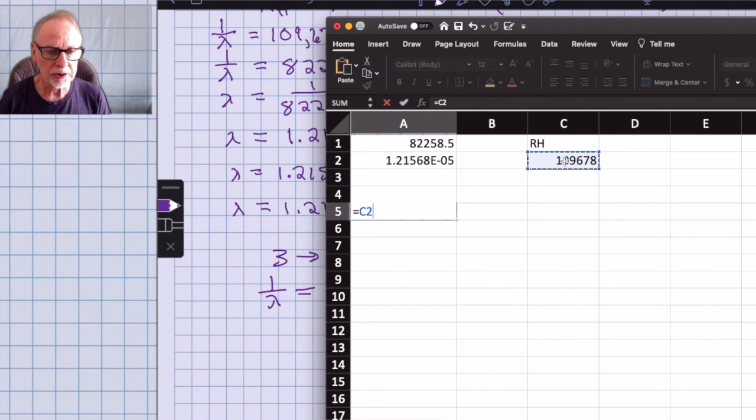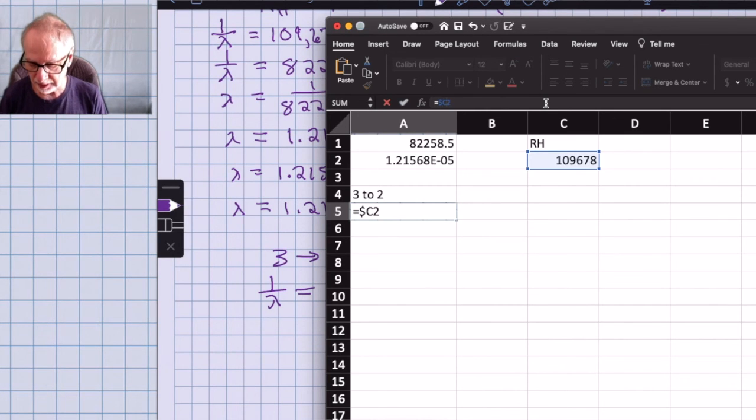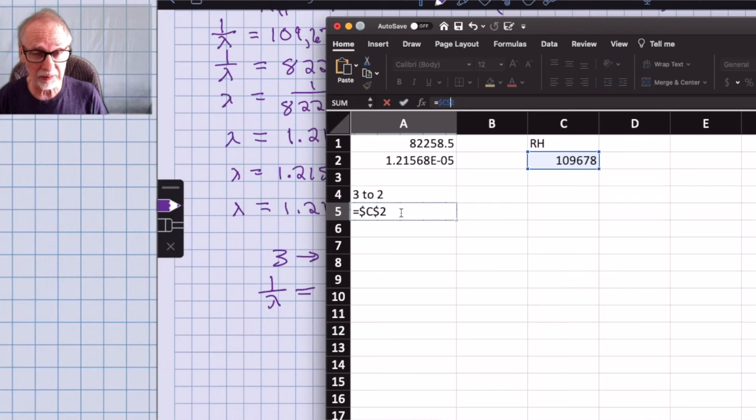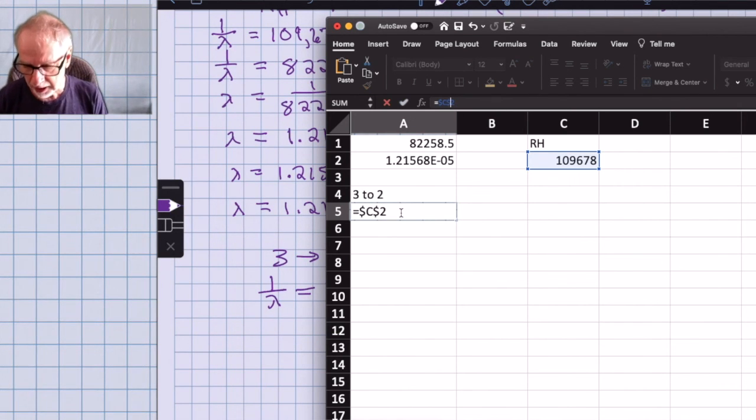Sometimes it's actually useful to put dollar signs here. And there's a shortcut key you can use for that, but putting dollar signs there makes it what's called an absolute address. It's not necessary for the calculation that we're doing right now, so I'm not going to go into it and explain it at this point, but sometimes that's a useful thing to be able to do. And so then I'm going to multiply it by,